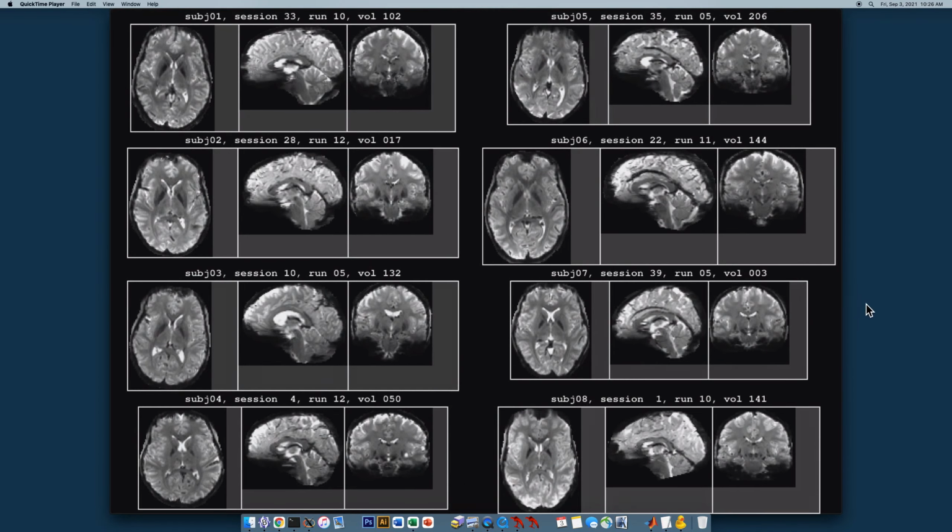This is a bit similar to what you saw earlier, except here we're doing something a bit funny. We are basically choosing a random volume from throughout a year of data collected on these subjects, and we're just jumping randomly from time point to time point. This is a very stringent test of stability,